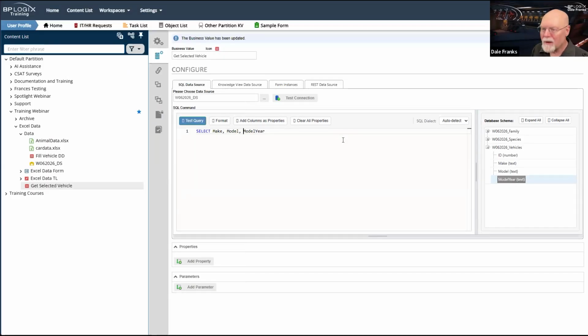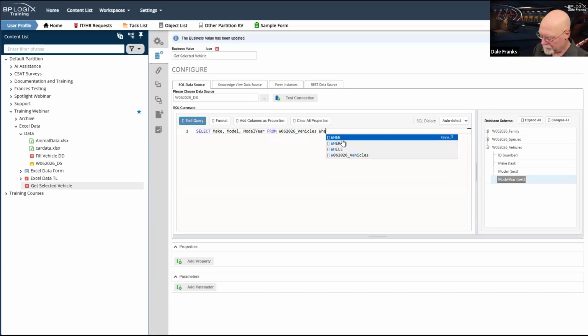It'll work, but I prefer a specific way of spacing it. And we'll select make, model, and year from W06 2026 vehicles. And now I'm going to need a where clause.